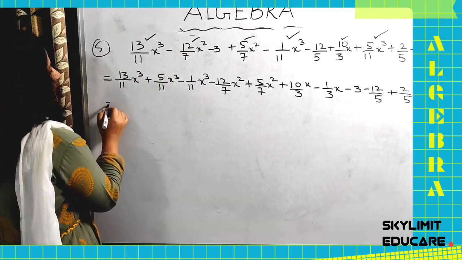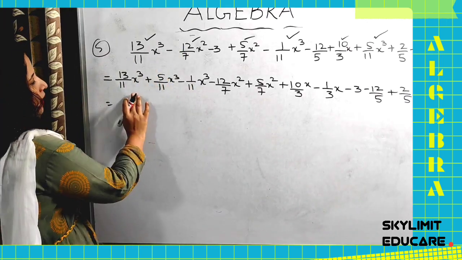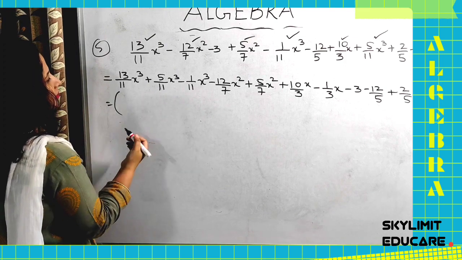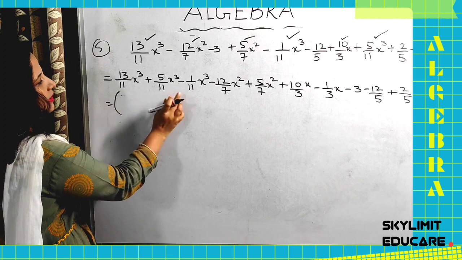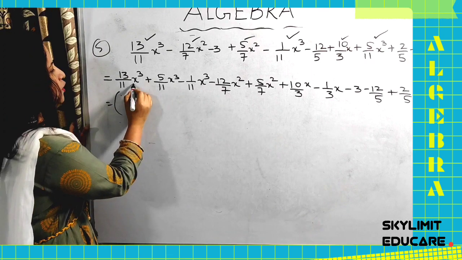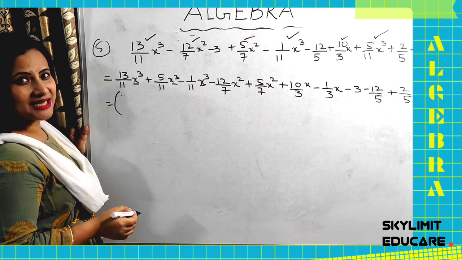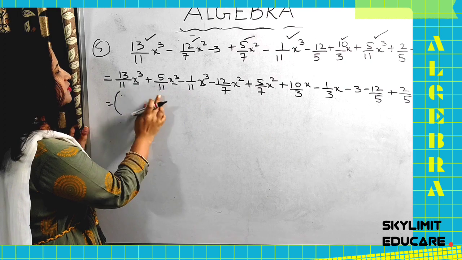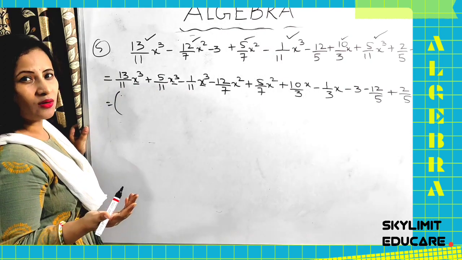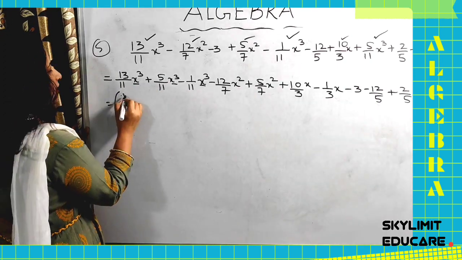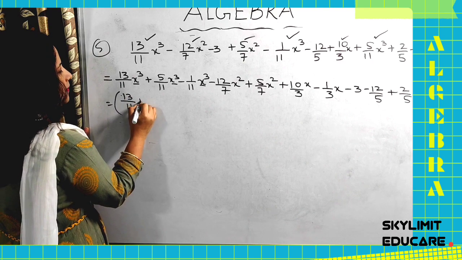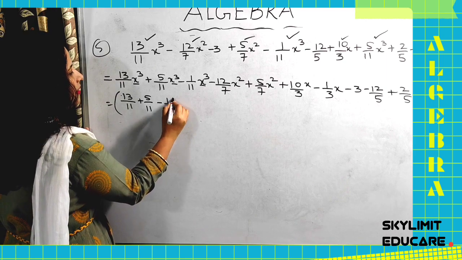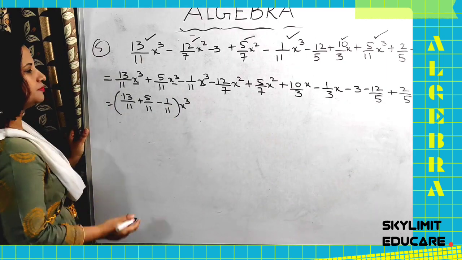Now let us solve it. Arrangement work is already done. Now as you can see here, it is very simple. You want to arrange it in that manner, as I had told you. See the number part. This is x cube, x cube, x cube, and all have the denominator 11. So they are like fractions only. Let me write one step: 13 by 11 plus 5 by 11 minus 1 by 11 on the number part. All comes under x cube.